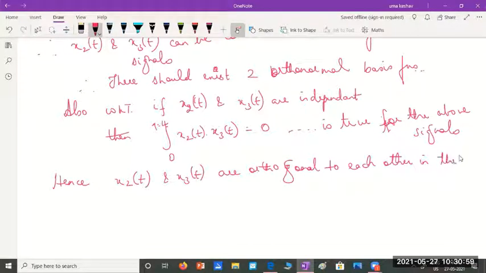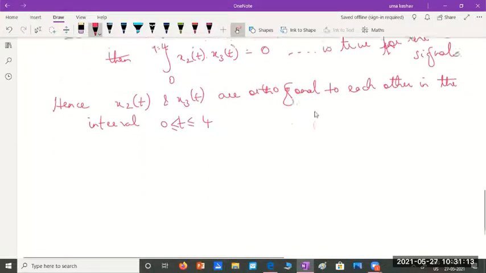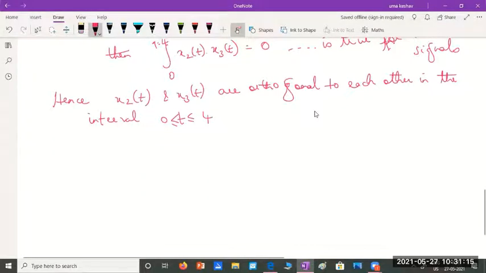Remember, the interval is important. In the interval 0 to 4. If you consider a shorter interval like 0 to 2, they won't be orthogonal to each other. Okay. So once this is decided,